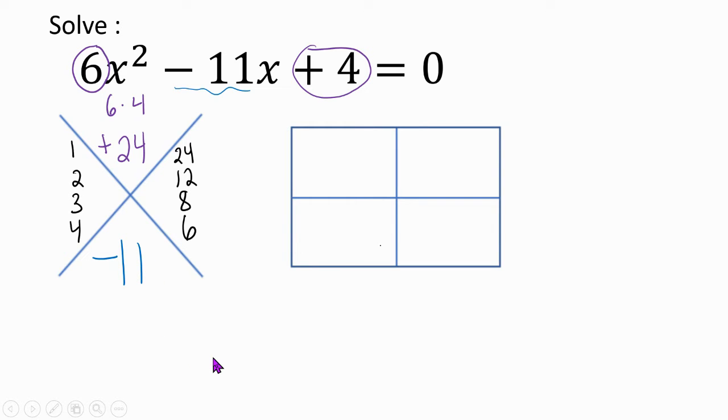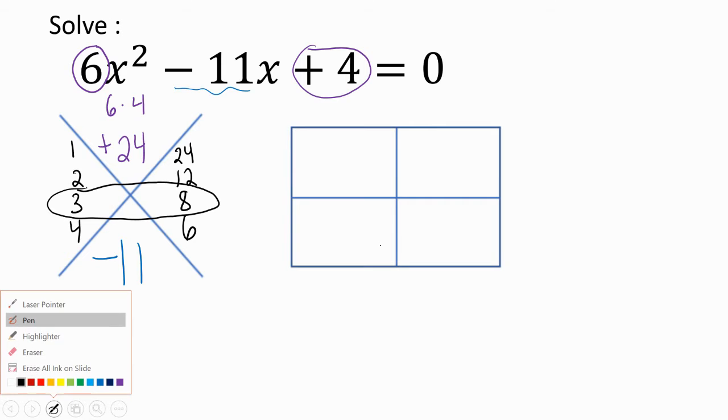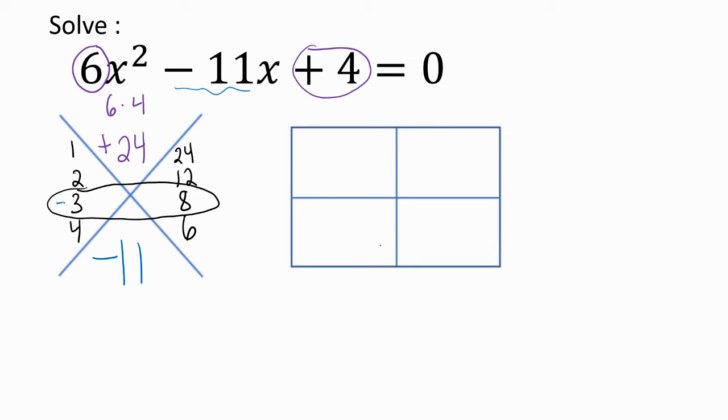So we know that the two numbers that are going to add to 11 are 8 and 3, and we want it to be a negative 11, so we know that they both have to be negative, because a negative 3 and a negative 8 is a negative 11, but when you multiply them, a negative times a negative is a positive. Alrighty,